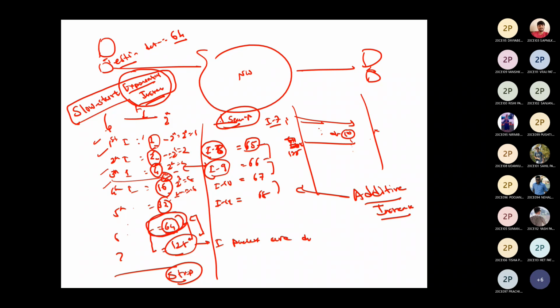Yes, we are adding. We start casually, very slowly. Then in one iteration we are just incrementing by one. In the next iteration we are incrementing by one. In slow start, at every iteration we are doubling. Over here, at every iteration we are incrementing by one. That's the difference. So that's why it is known as additive increase. Slow start, and this is additive increase. Is it clear?